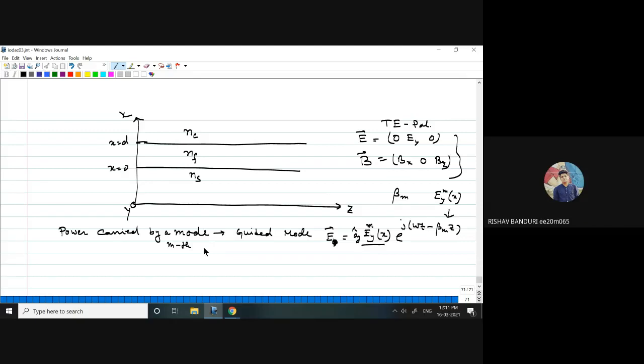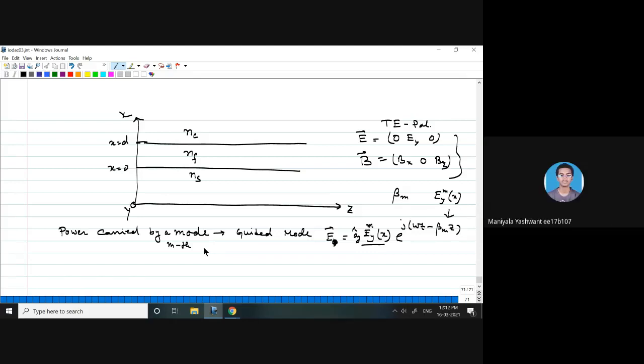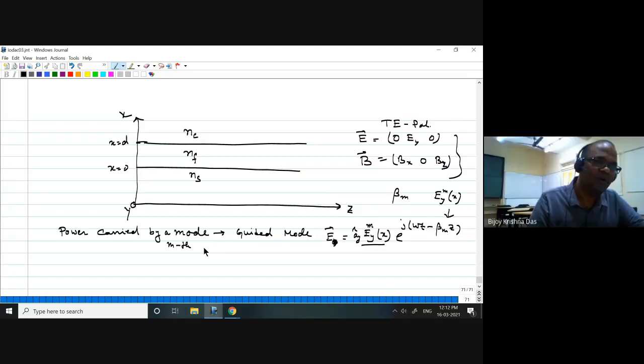1 milliwatt, sir. Lower, because the higher the power, linear effect will be there. So that means if I want to design a waveguide mode to carry 1 watt, that's not possible. It is possible, sir, but it won't be possible for longer distances. Loss associated with the waveguide can be high there.